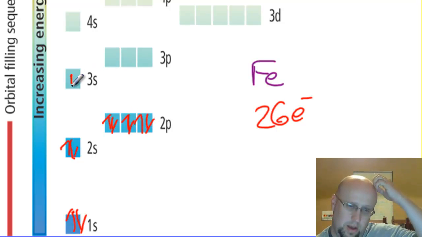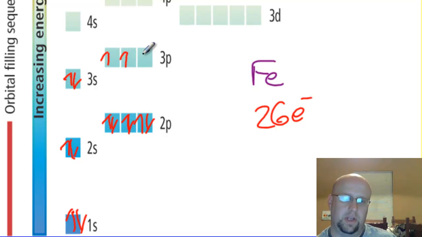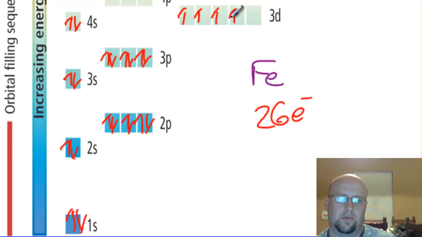Okay, 11, 12, 13, 14, 15. Again, Hund's rule. 16, 17, 18, 19, 20. Okay, and then we're in 3D, so we should be at 21, 22, 23, 24, 25, okay, 26,